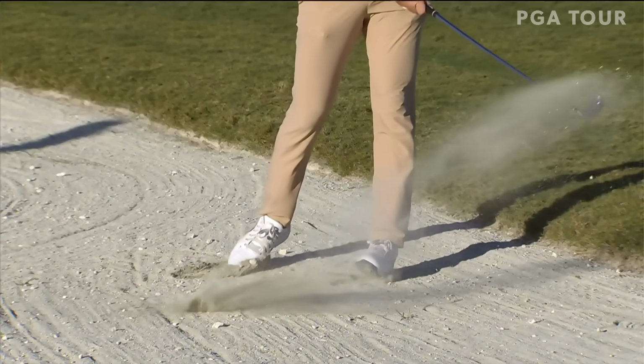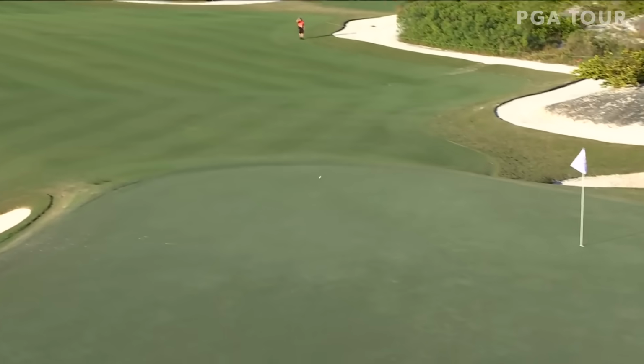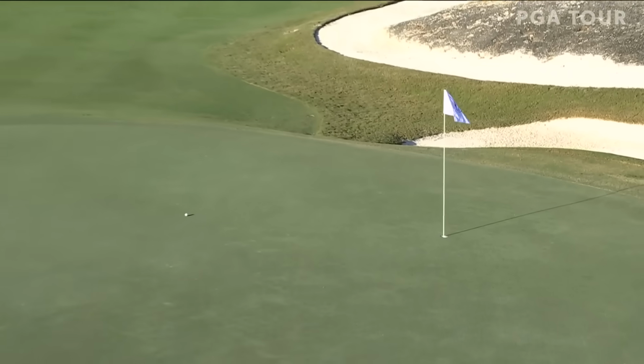Yes, the lie was good, but still in that situation, you can't miss left. It's pretty much an auto bogey with the wind direction. That front bunker is a very difficult up and down. Of course, this very narrow left side of the green. Lands it